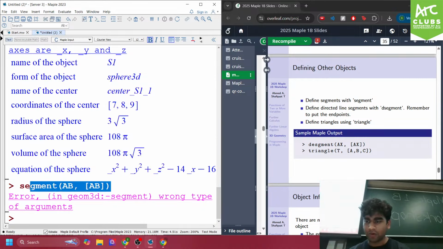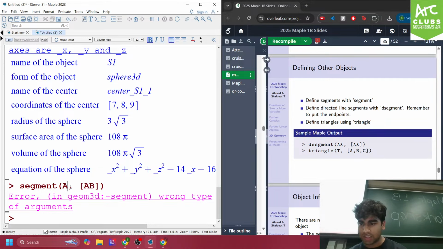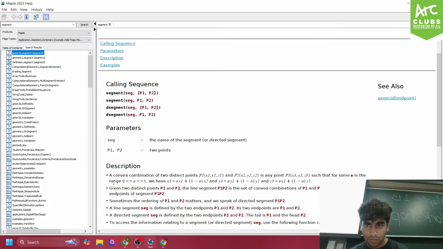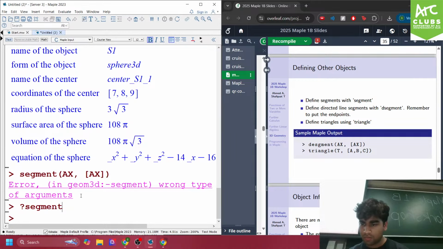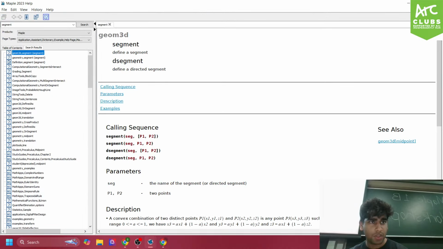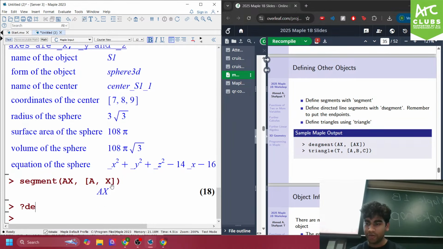Sometimes it might not work because you need the lines to be collinear. If they're not collinear, obviously you can't make a segment out of it, right? So I'll show you guys if I can work this out. Oh, I see. Small typo here. There should be a comma because you want the 2 different points, right? Okay, now, if we do detail,